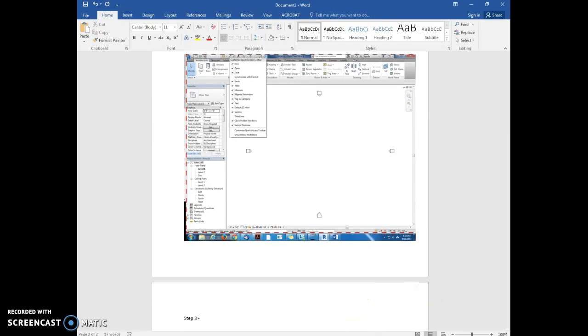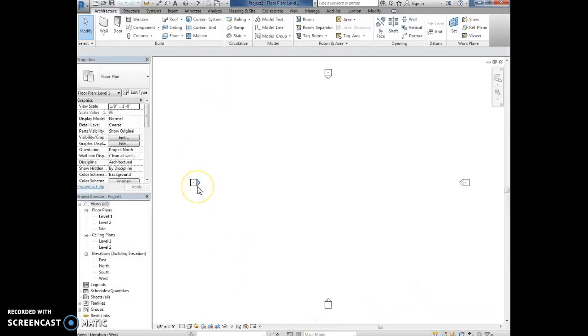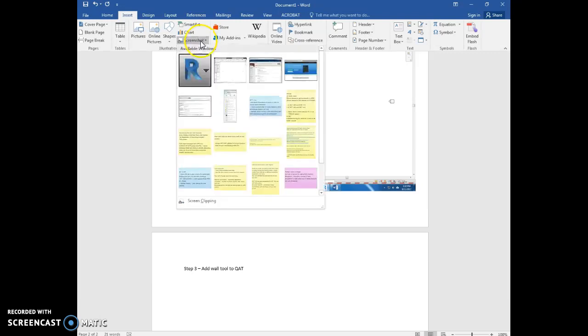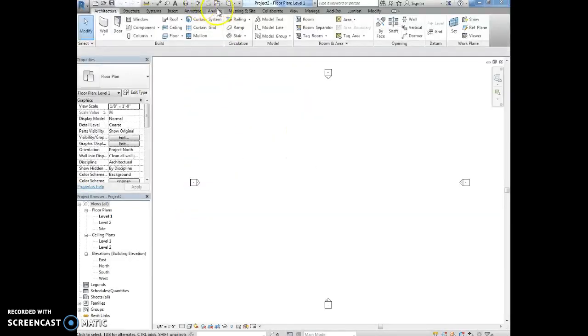It says, we're going to go back to Revit, to place your mouse over the wall tool in the architecture ribbon, and right click, and select Add to Quick Access Toolbar. So you're going to see that put that up there. So now I want to take a screen capture showing that it put that up there. So Add Wall Tool to Quick Access Toolbar, and I'm going to now insert a screenshot, screen clipping, and I'm going to show